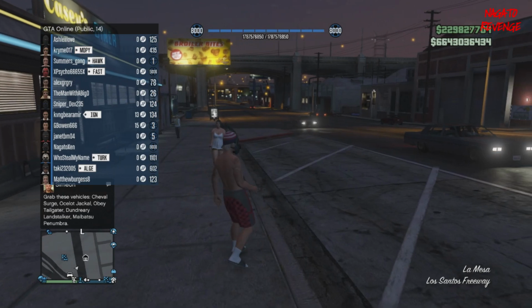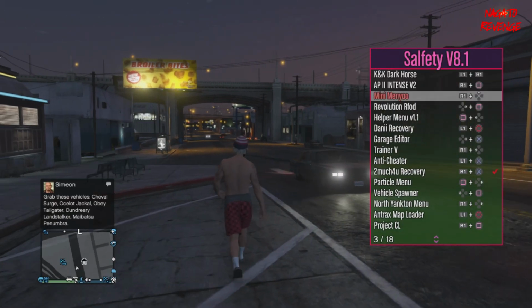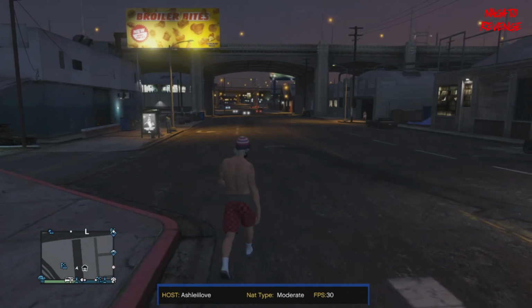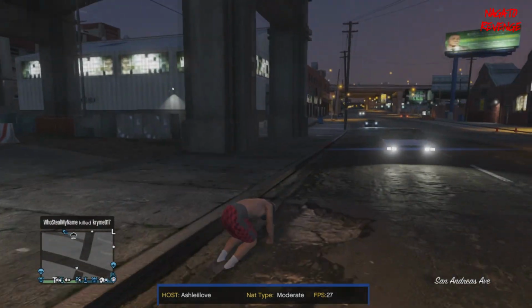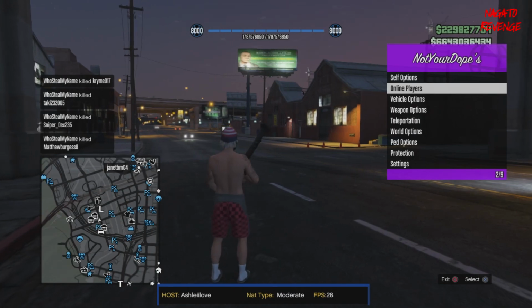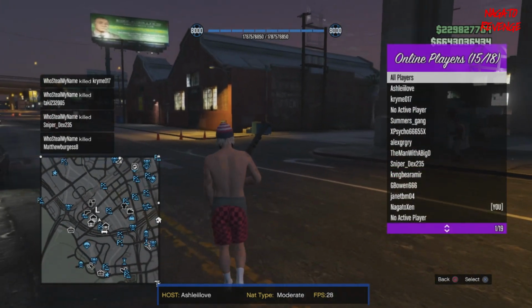Alright guys, so as showcased here, I am online right now. As you could clearly see, I have a ton of money on this account. If I hit R3 and L3, I still would get the mod menu. So let me go ahead and just showcase some things. I'll showcase that I could run in super jump. One of my other favorite mod menus is the Not Your Dope one, and then hitting that button combination,